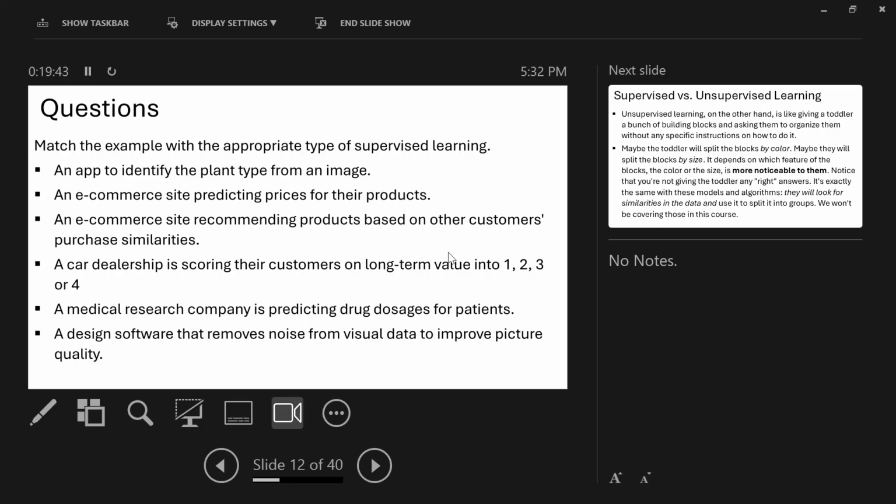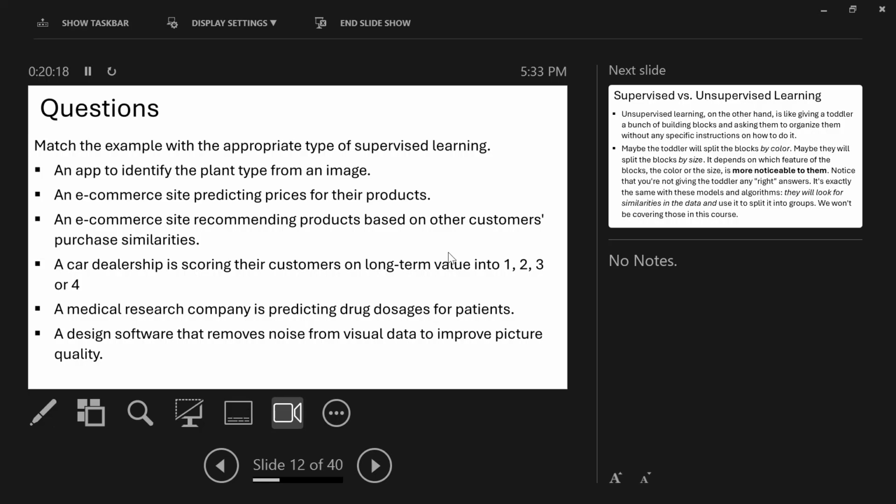Data is used to train it, then after the model has been trained, you can use it to make predictions. So this first one, identifying the plant type from an image, you are predicting, right? This one too, predicting. This one, recommending, you are trying to predict to make the customer buy. Predicting too. Scoring, you are predicting that maybe it's a 1, 2, 3, or 4. This one too is predicting.